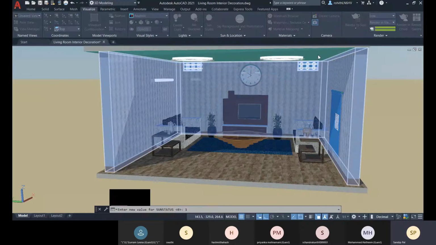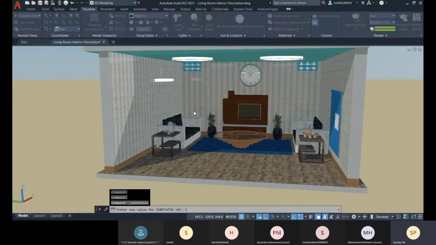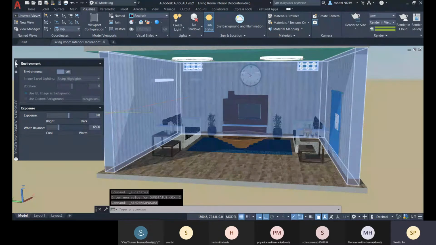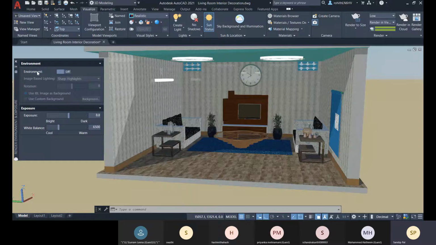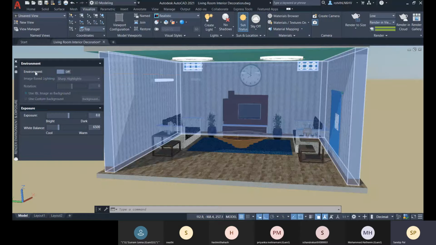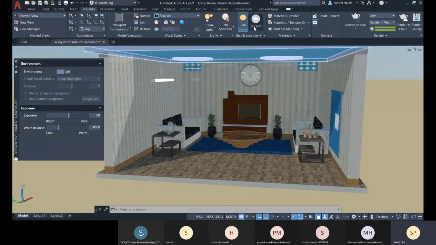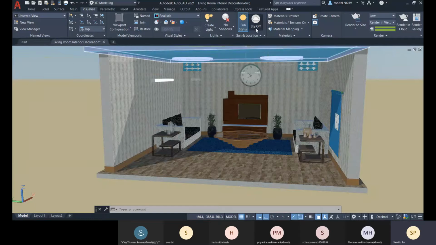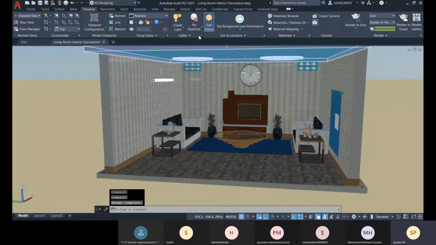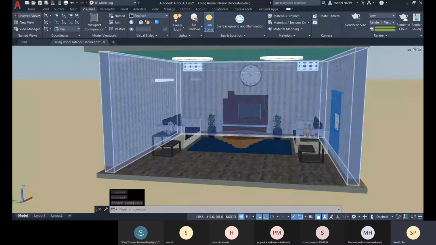Okay, so this sun status on in the sky background, we'll come to this environment part later. You can make it on or off. When you make this environment on, the sky will be off. So if you need the sky background and illumination, you can make the environment off. So this sun status and the sky background, you are having this, fine.